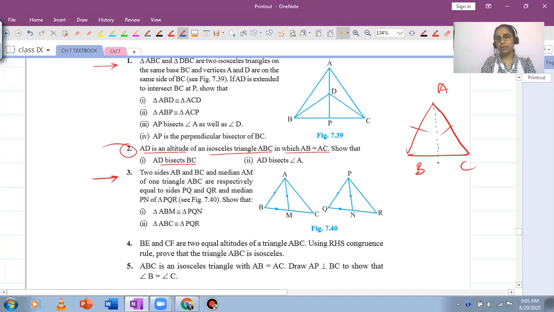Perpendicular means it will make a 90 degree angle with the base. So from A, if we are drawing the perpendicular, it will automatically be on the side BC, and it meets BC at D. At D, you have 90 degree angles. You want to prove angle A has been bisected. So you want to prove this angle and this angle are equal. So let's just mark this. आपको ये prove करना है angle 1 equals angle 2 in the second part, and this here means you want to prove BD equals DC.